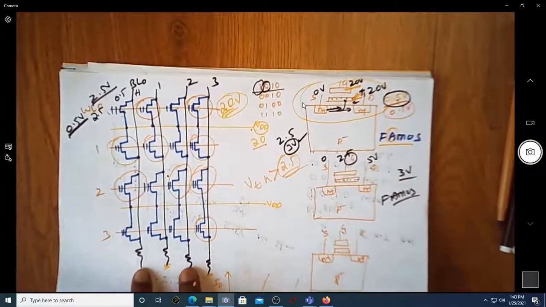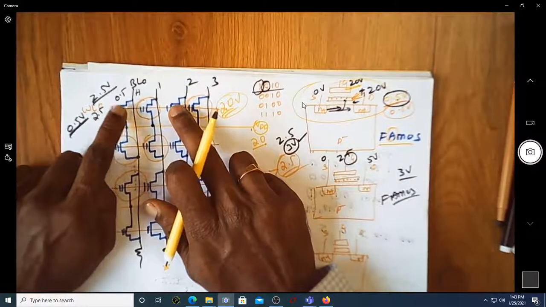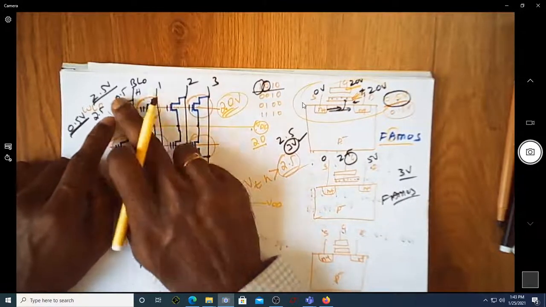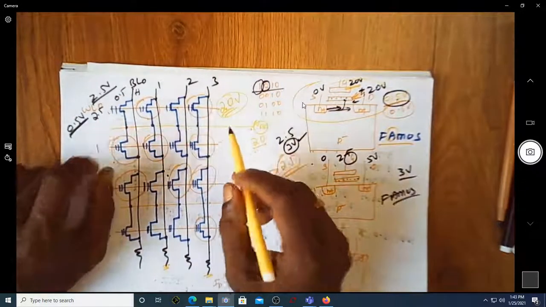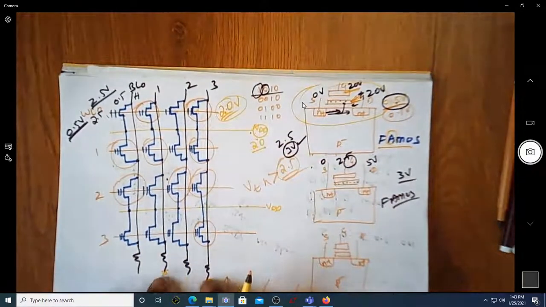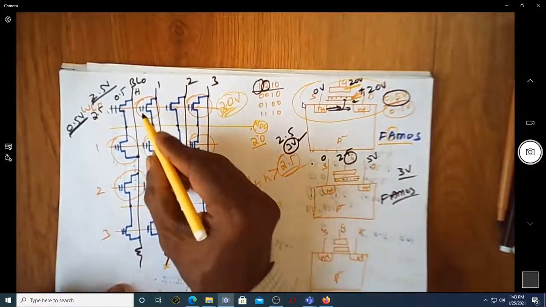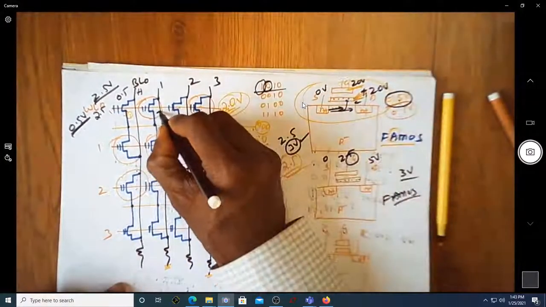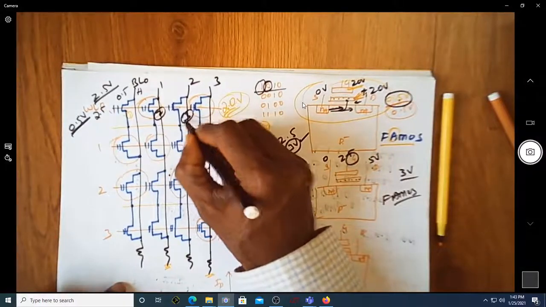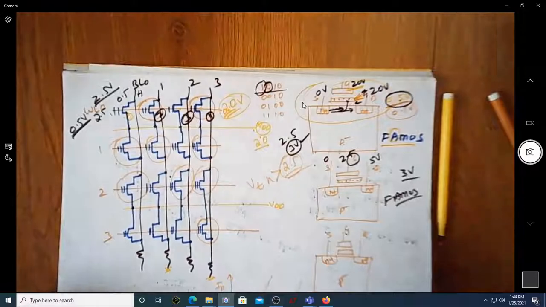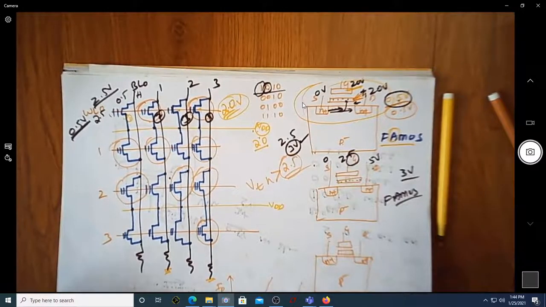Since the source is not grounded, the threshold voltage of these two will not be altered. The threshold voltage of these two will remain as 0.5, whereas after applying 20 volt here and 20 volt here and grounding these two, the transistors, suppose if I name it as transistor 1, transistor 2, 3, 4. So transistor 2 and 4 will have an enhanced threshold voltage which can be more than